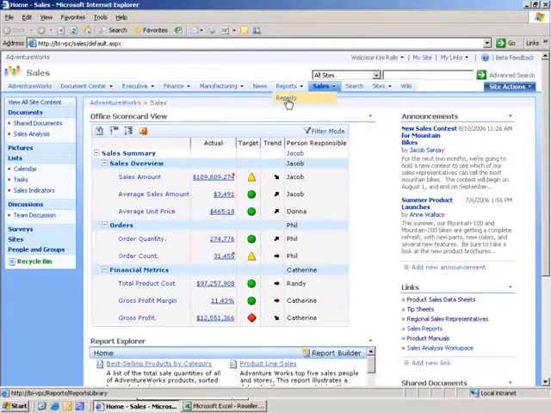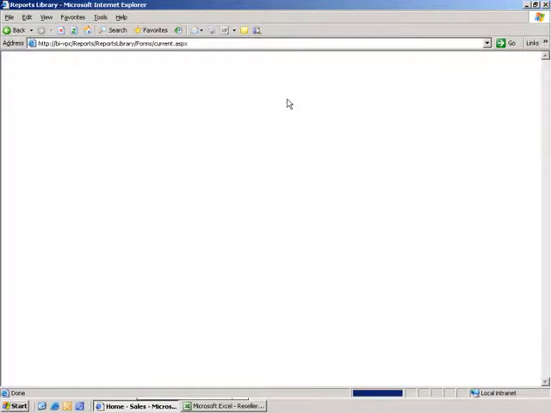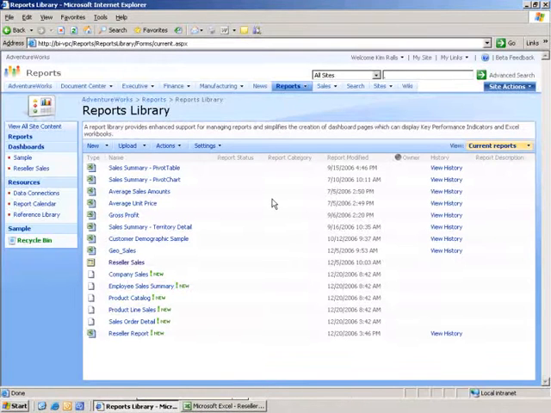So if I'm Kim and I come back to my portal where I started this component where I do reporting and analysis, I want to highlight where Reports Library is. So if I go look at my Reports Library, you're going to see a listing of reports that I have saved out to this Reports Library. I've got Excel workbooks, I've got reporting services reports such as product catalog, and there's my new Excel workbook titled